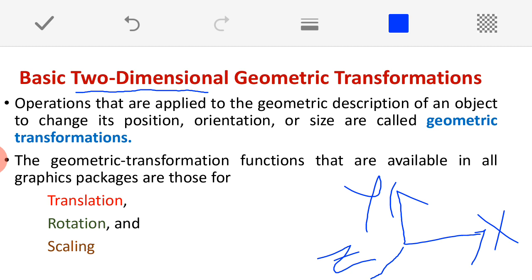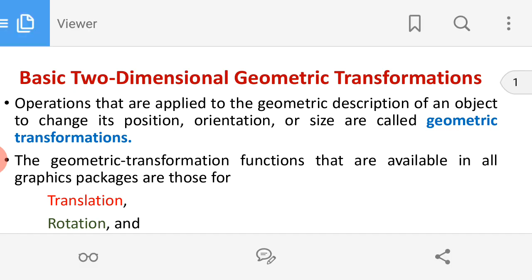As all of you know, the image is always defined as a group of objects, where every object is made up of primitives, and every primitive is defined by a vertex. Finally, that vertex will come with a value x comma y, which is a geometric description. That is very important. So, please go through the definition over here.